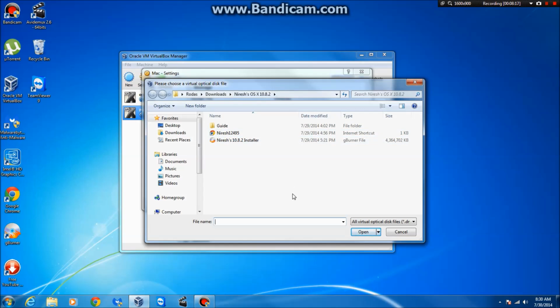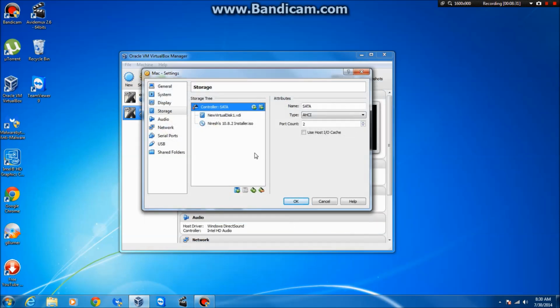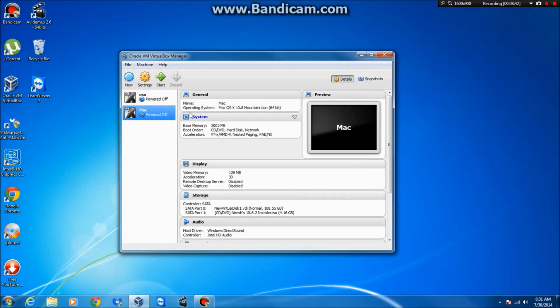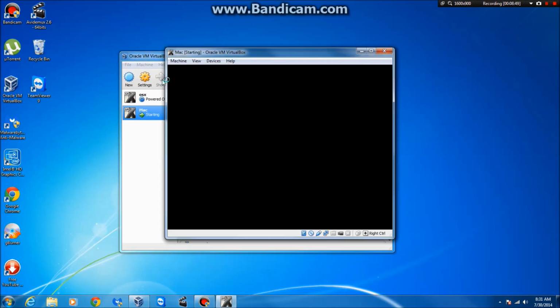And the Niresh installer that you downloaded is about 4.36 gigabytes. So you can install that using different means, and after you have it on your computer, you can select that, and it doesn't need another iBoot or anything like that to start up. So what you're gonna do is the audio, everything else is good, and just go with this setting, and then you're gonna start it up,